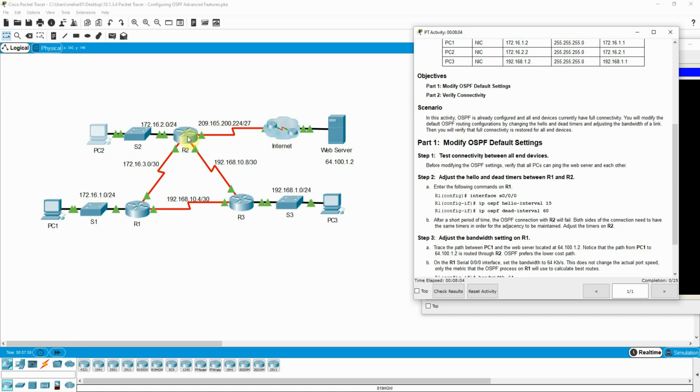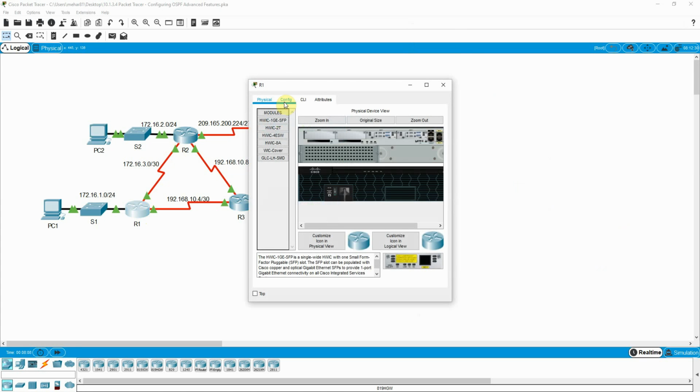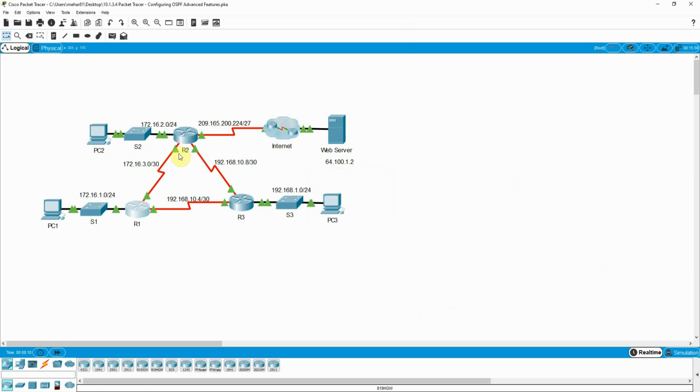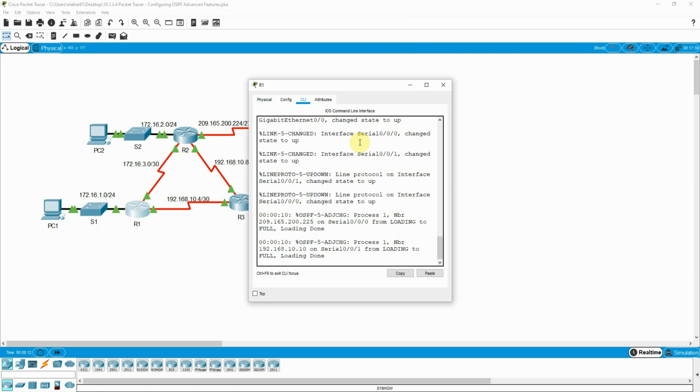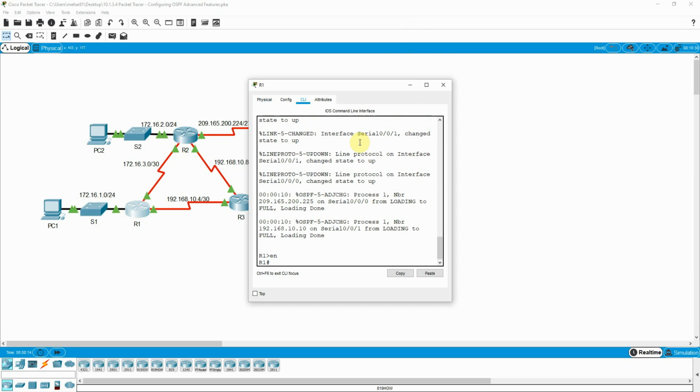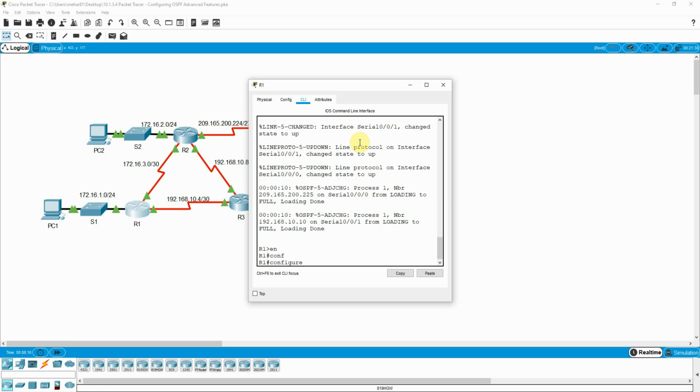Okay, so what we can do, we can go to router 1 and this serial interface, because it shares the hello time interval between these serial interfaces. We will go to router 1 CLI, and enable, configure terminal,